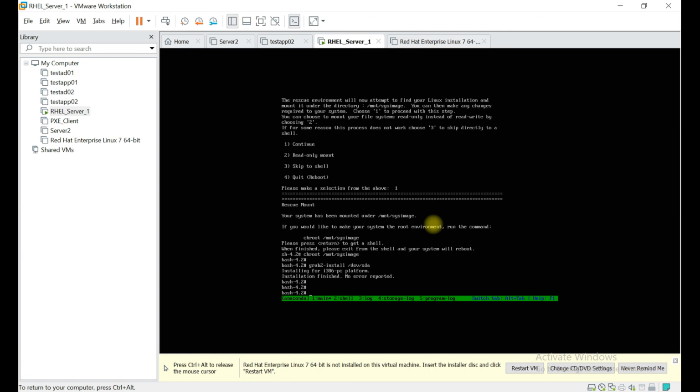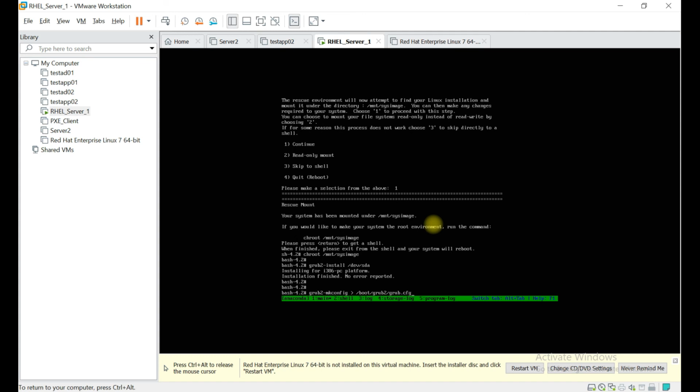Now grub2-mkconfig, and the file where you want to redirect the output, which is /boot/grub2/grub.cfg. Sorry, grub.cfg.